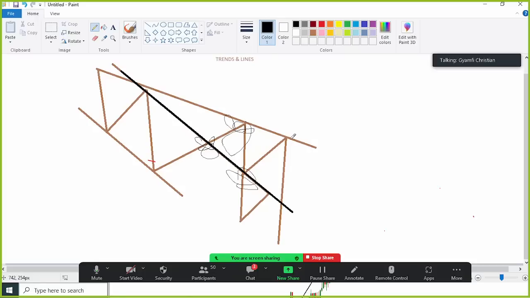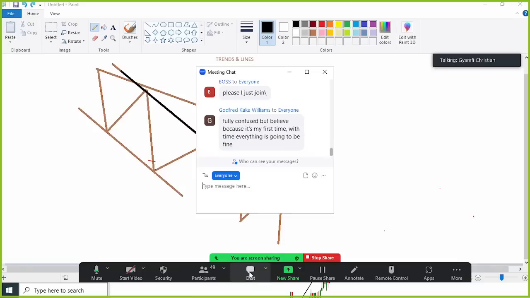So this is the reason why I've been saying that if you are not able to get your trend line drawn correctly, you are going to end up picking a trade in the opposite direction. If you're supposed to go for a buy, you go for a sell, and if you're supposed to go for a sell, you'd rather go for a buy. So anytime you are drawing